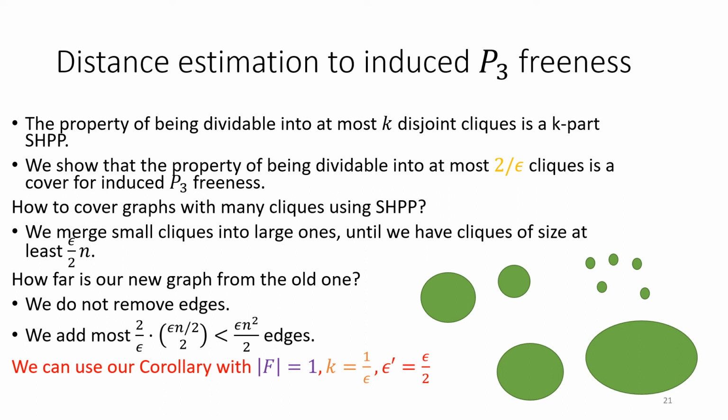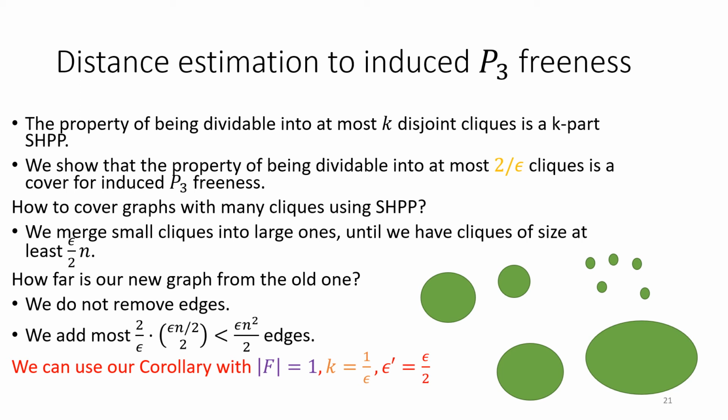This is not enough to use the corollary from our framework, because some graphs will have a very large number of maximal cliques, even one that is dependent on n rather than epsilon. For example, the empty graph, which is also induced P3 free, has n maximal cliques. We show, however, that the HPP of having 2 over epsilon independent cliques is in fact